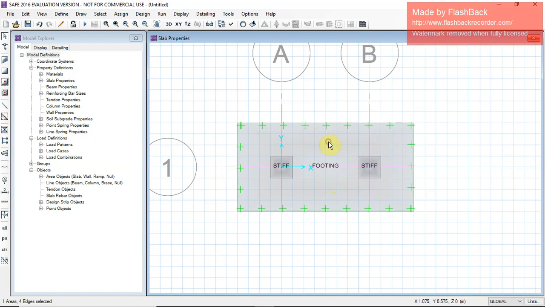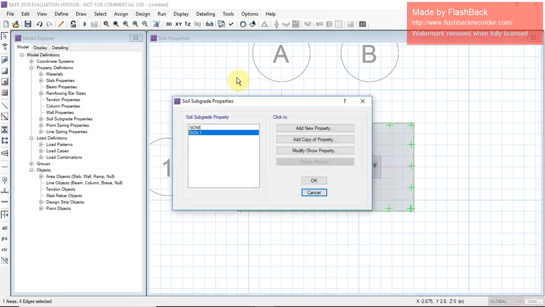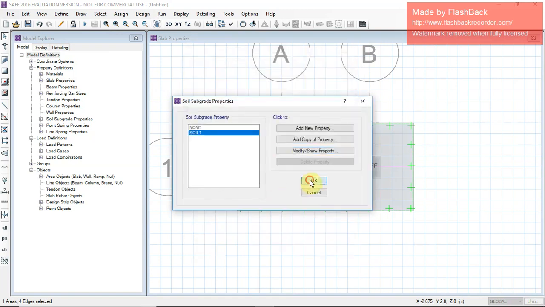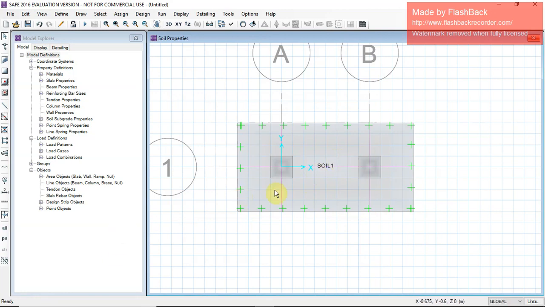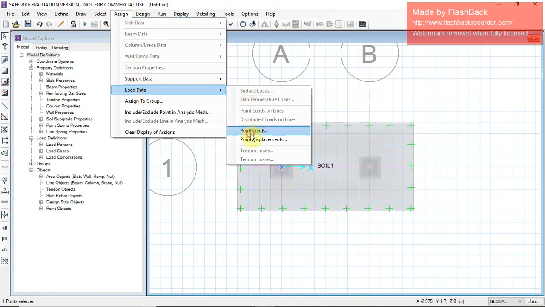Now you have to assign soil properties, support data, soil properties, soil 1, 1E+04. Okay, assign soil 1. Now you have to check whether the loads are assigned or not.